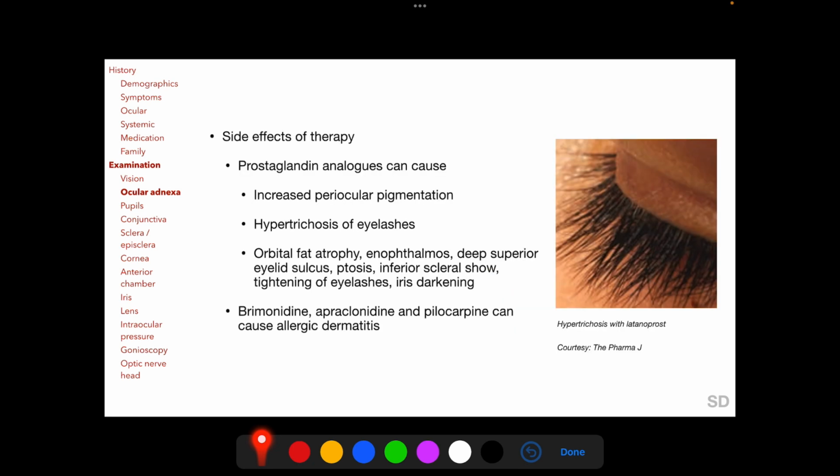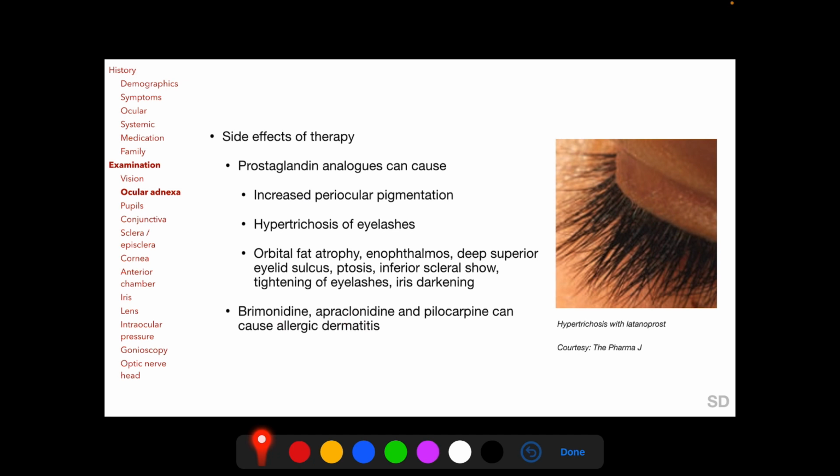In the ocular adnexa, we may also find side effects of treatment, particularly of prostaglandin analogs, which may cause increased periocular pigmentation, hypertrichosis of eyelashes as seen here in this photograph. And this photograph actually shows a patient using prostaglandins for cosmetically increasing eyelashes, and orbital fat atrophy and enophthalmos, which is also known as prostaglandin associated periorbitopathy. Also,